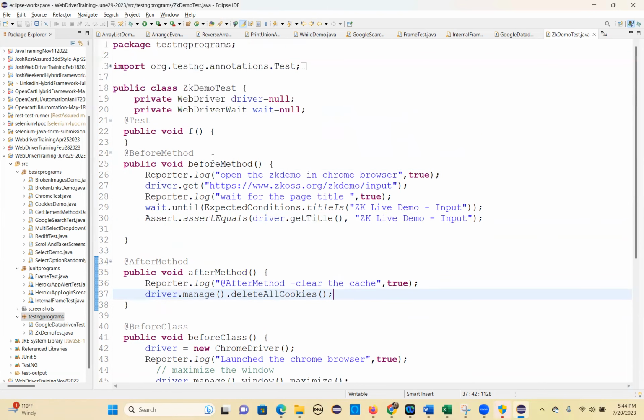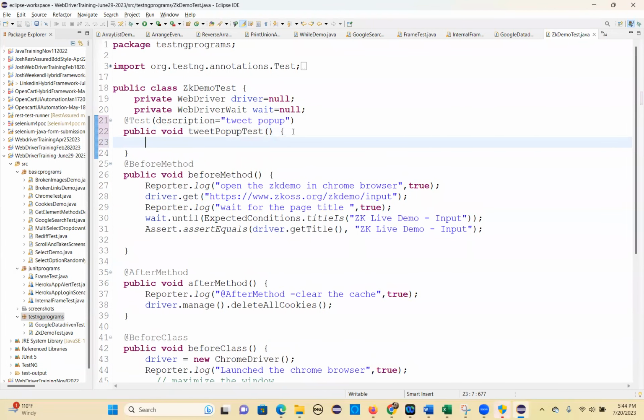Okay, so they're done. Next, main at the rate test method. At the rate test, maybe you can say description. See, I'm using the description keyword. Tweet pop-up. So you can say tweet pop-up test. So first you have to click on the, so this reporter.log you take,